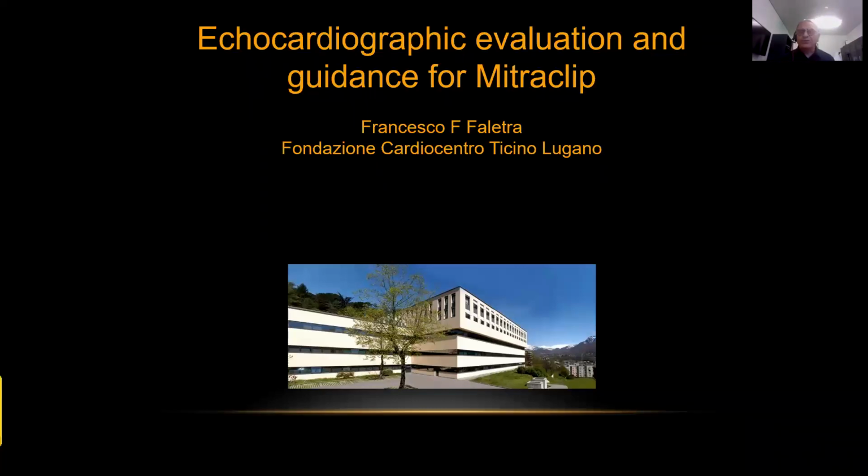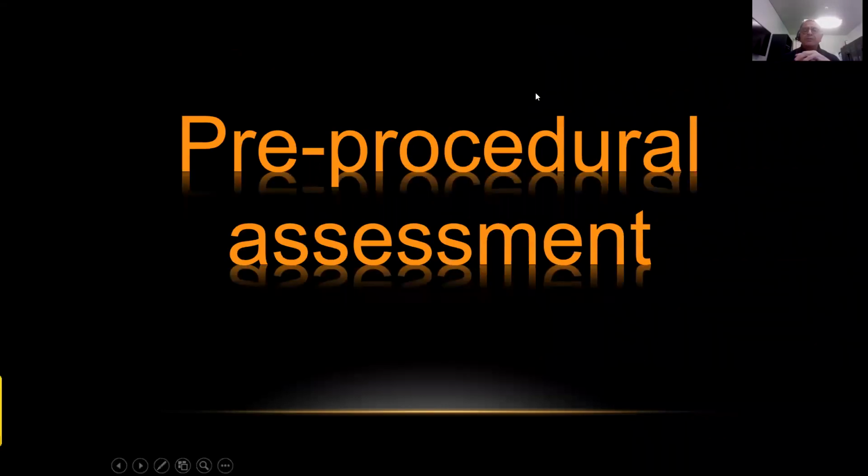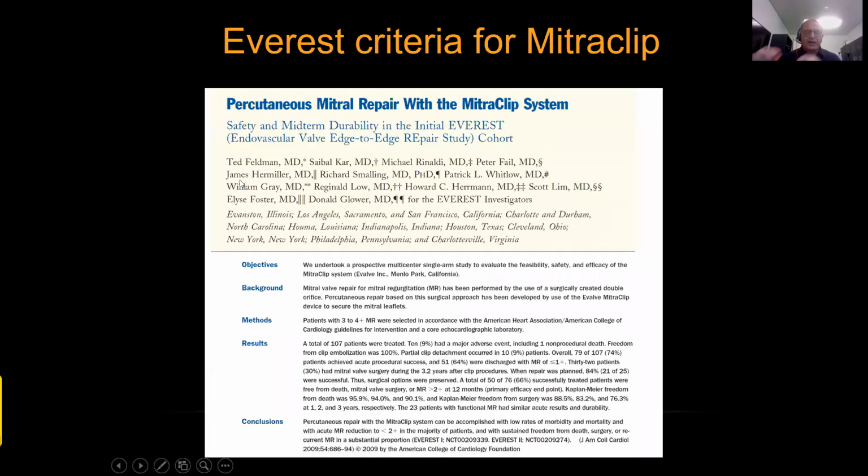It's a very great pleasure to be among you, even in virtual mode. So, echocardiographic evaluation and guidance for MitraClip. Let's start with the pre-procedural assessment of a MitraClip, which is a pretty interesting problem. This is, as you know very well, the